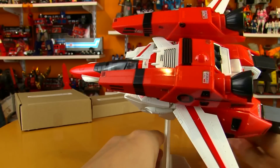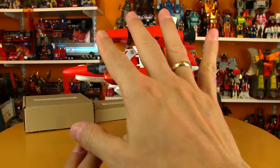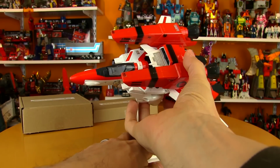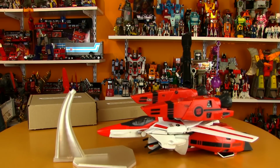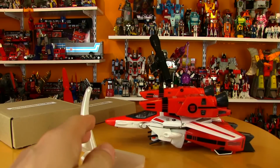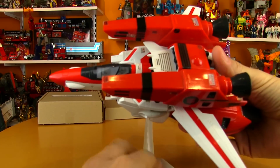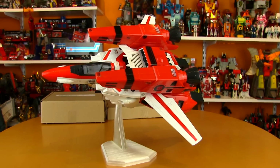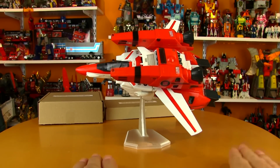And one of the flight positions is this really beautiful banking position. It really shows off the entire top of the figure. So if he was just sitting on the ground like I've had him, and a lot of people have him, it looks fine, but it's kind of a side view if you have him sitting on a shelf in this mode. By putting him in this banking position, you're able to appreciate a lot more of the jet mode, and it is super sturdy,